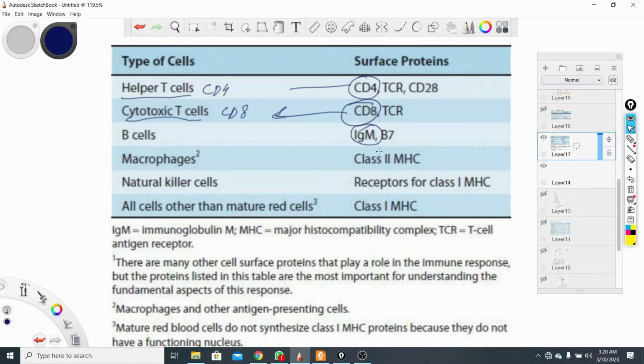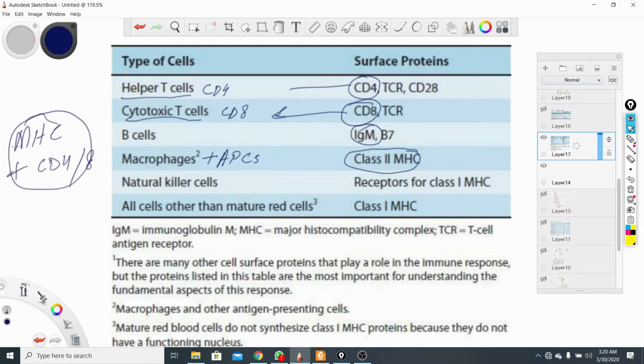On the macrophages, class 2 MHC is present. It is very important to remember that class 2 MHC is most of the time present on the antigen presenting cells or the macrophages. Here, macrophages plus APCs can be taken where class 2 MHC is present. This class 2 MHC plus CD4 or CD8 is very important to remember in all of immunological studies. Natural killer cells,